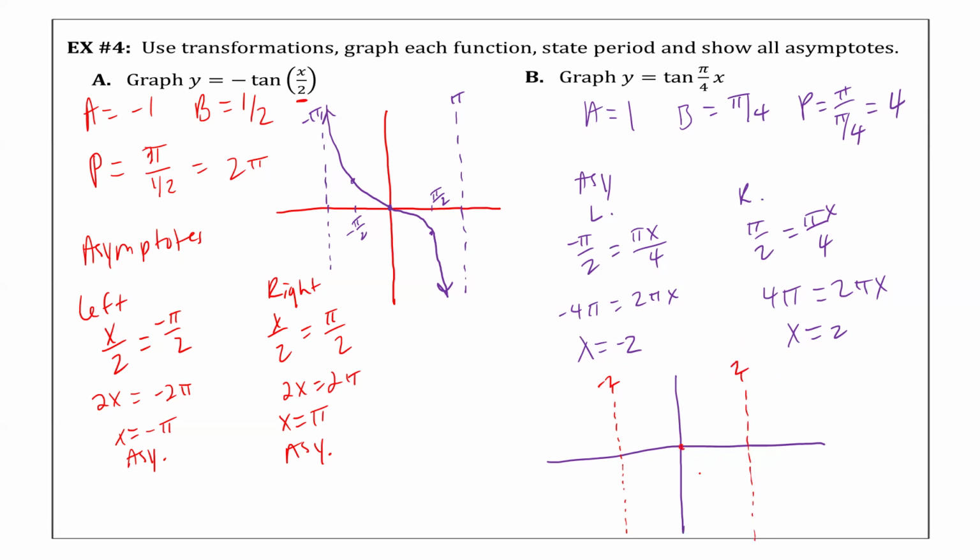Our halfway point is at 0. Our A is positive, so we're going to start off as a low and then a high. Halfway between negative 2 and 0 is negative 1, so the low point is down here at negative 1. Halfway between 0 and 2 is positive 1, because our A is 1, and that is our high point. So our graph looks like